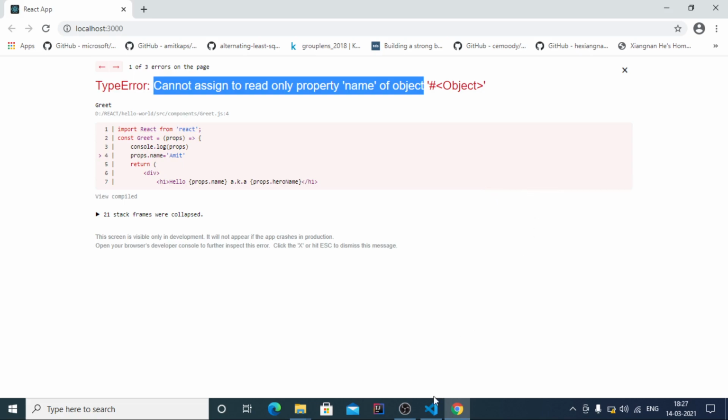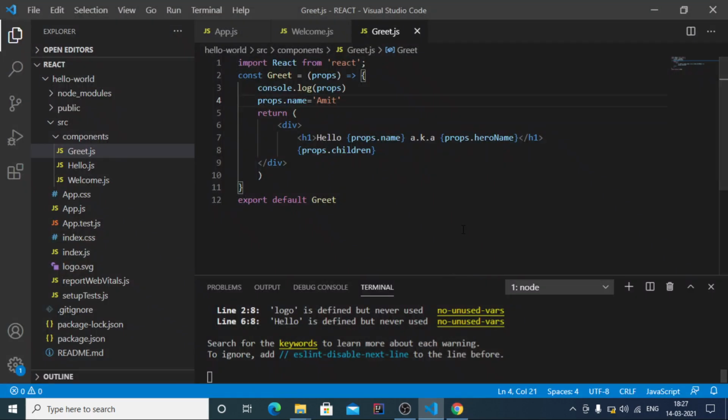So you might be wondering, you might have a question, that if the props are immutable, you cannot change the value of the attributes of the props object, how can we maintain the customer data which might change over time? So I will let you know this in the next video tutorial when we discuss the concept of state.